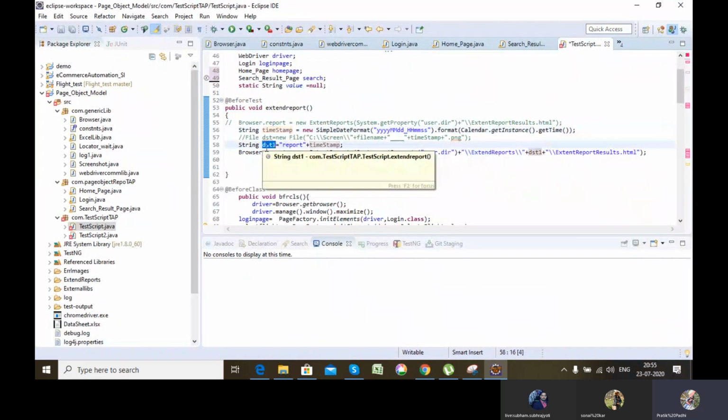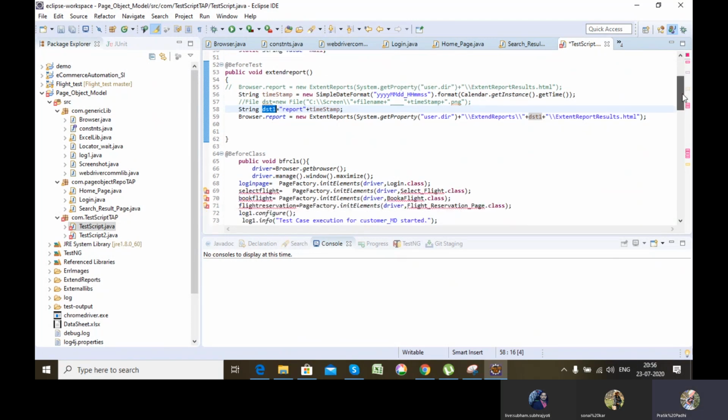I'm creating another string variable where I am concatenating the report string with this timestamp, because the timestamp will always return me a unique value, so that when I run an automation run now and another tomorrow, it should not overwrite that one. It should create a fresh report again with a different location depending on the timestamp which I am generating. Okay.